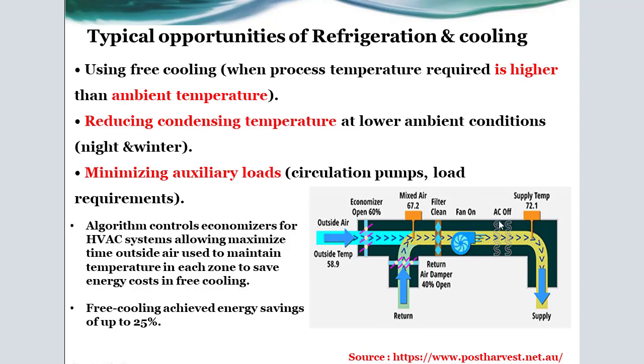As we see in this diagram, which is a reference for the cooling system, the outside air with the outside temperature at this value enters the system through the economizer, which opens at 60%, and there is another stage in this methodology, mixed air with this percent value, and a clean filter and fan through this duct, and also there is AC off, okay, and also there is another technique for supply temperature, and